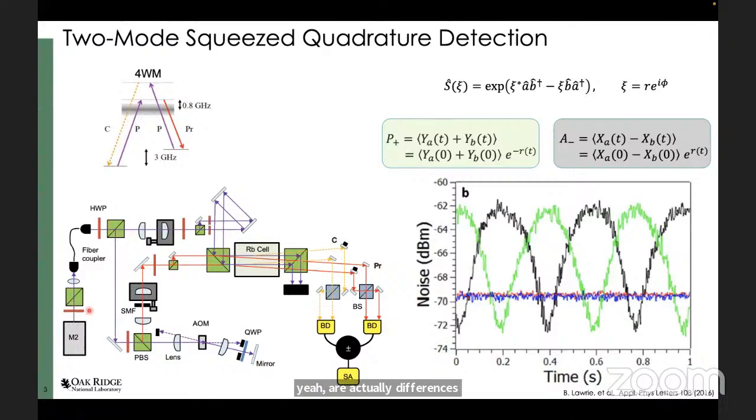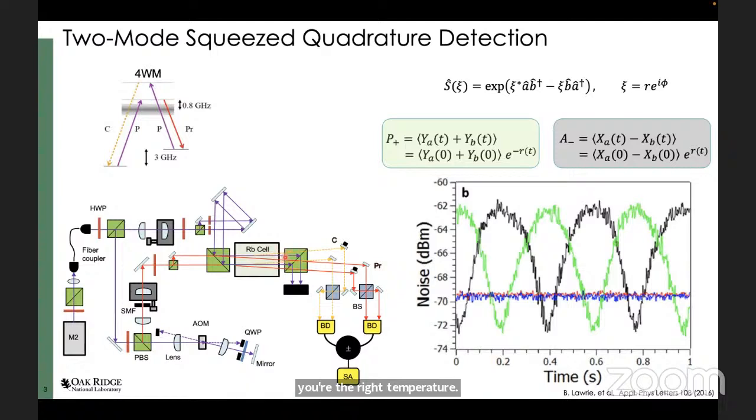And so to do this in the lab, what we do is we have a tunable laser to generate our pump. So then we create our pump mode. Then we pick off some of the pump to pass it through an AOM to essentially modulate it up by about 3 gigahertz to properly meet the four-wave mixing conditions. And then we pass that into the rubidium vapor cell, combining them using polarizers and beam splitters. And you're at the right temperature, and voila, you have four-way mixing.